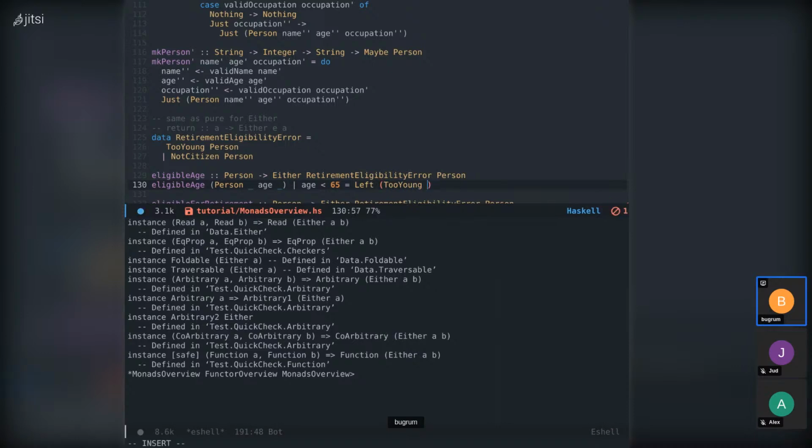Sorry. Actually, we do this. We don't really need this. We could just say left, too young, dollar. Then I don't think we necessarily need this. Just that. It might complain, but we will see. Otherwise,